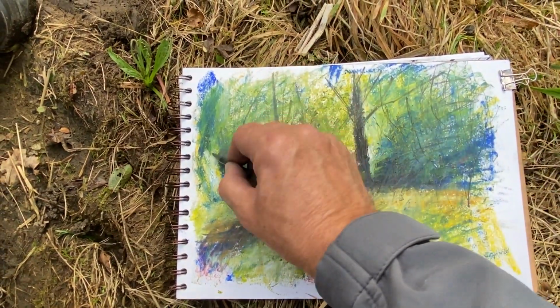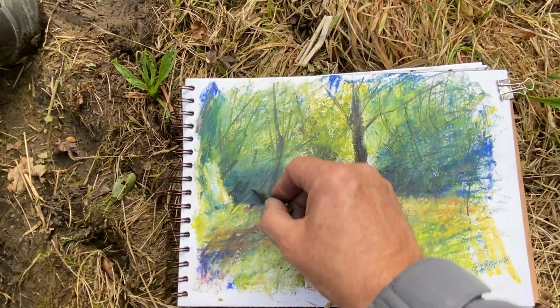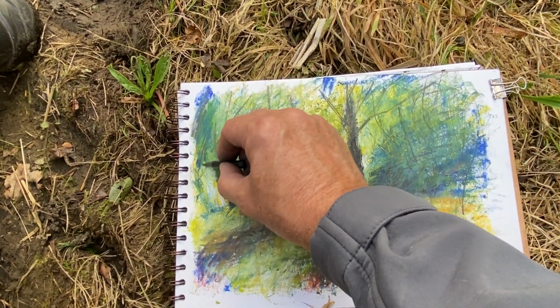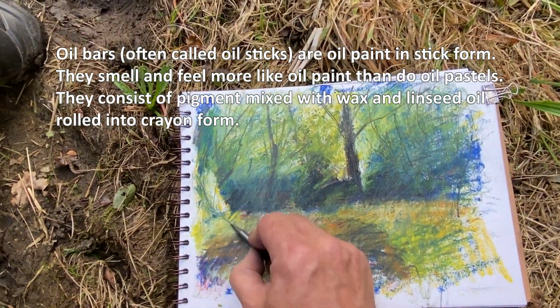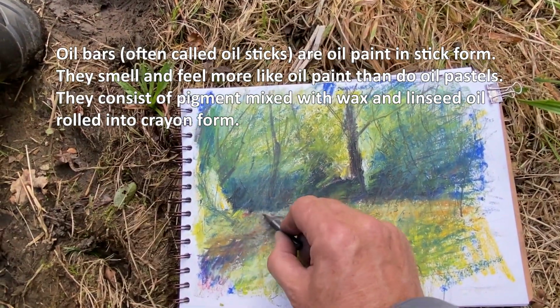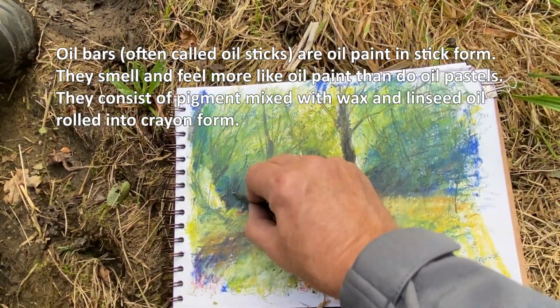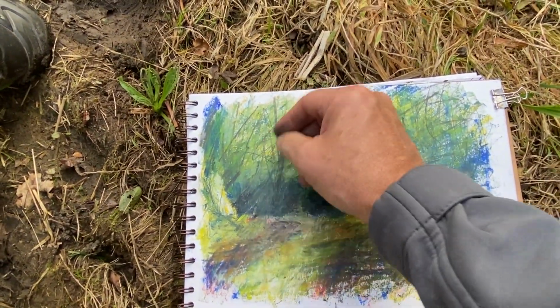Oil bars and oil sticks are the same thing. Sometimes they're called oil sticks, sometimes they're called oil bars, because they're just bars of solid pigment mixed with oil and a bit of wax. I think I'd have to check on that. So that's the sort of